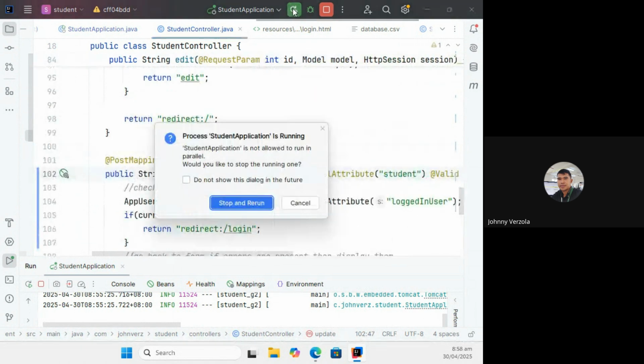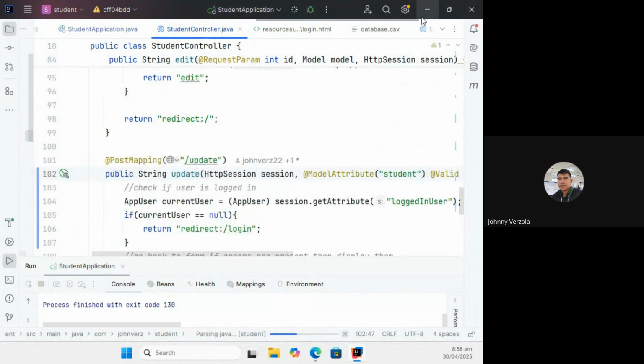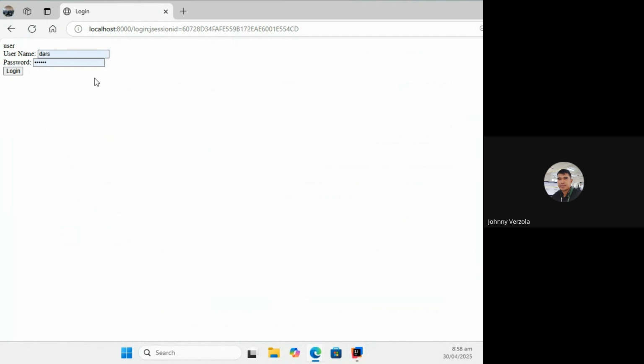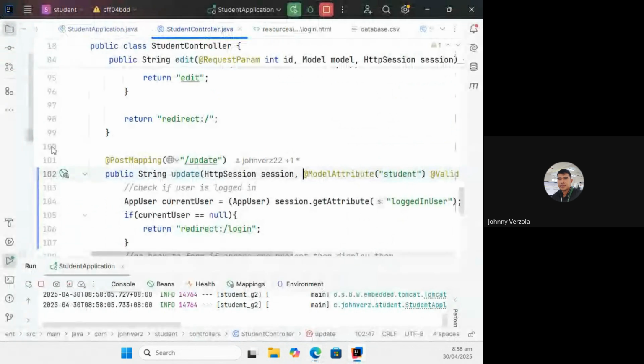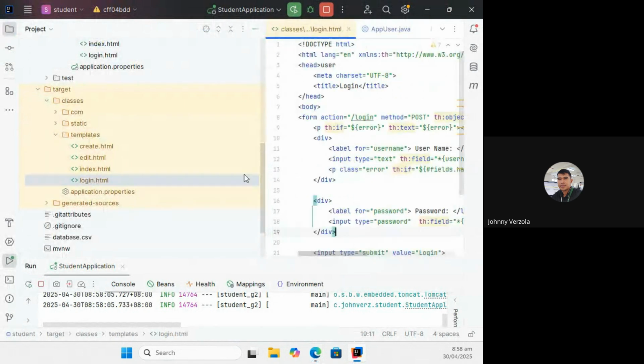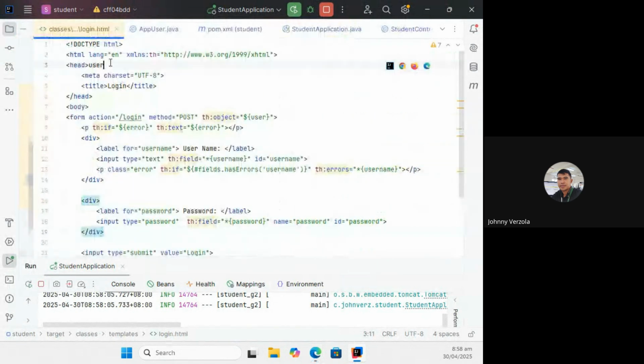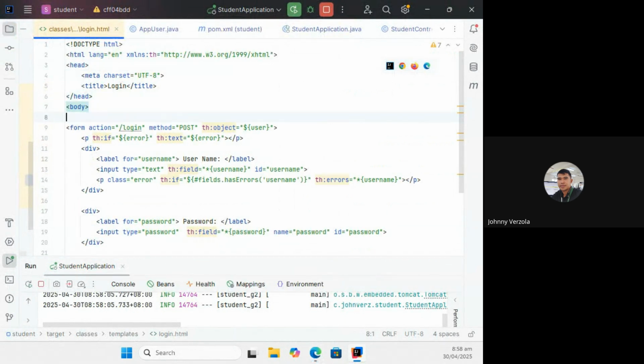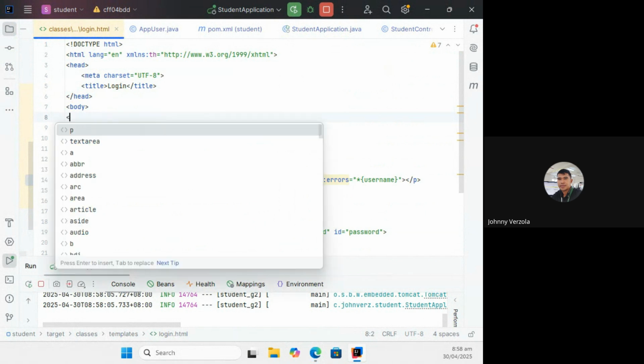I'm just going to restart this and go back here. I'm going to try to log in. Let me fix this one. What is that user thing there? In the login, there is this. I don't know how I placed that there.